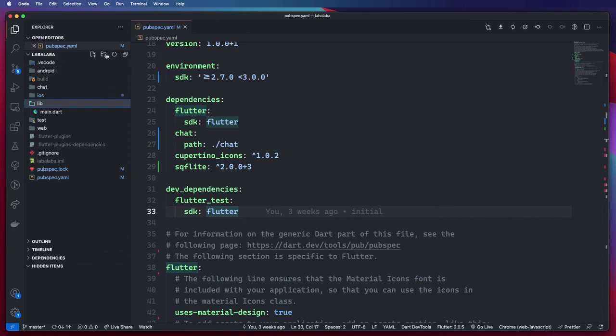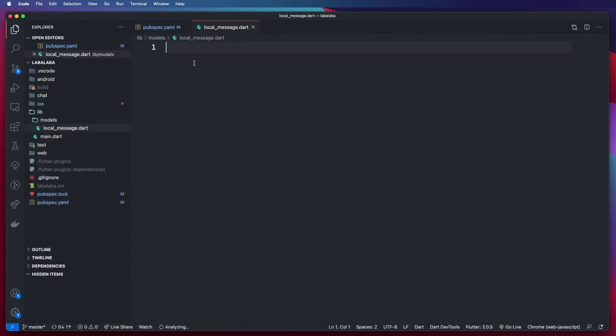I am going to create another folder, and I'm going to call this folder models. And inside my models folder, I'm going to go ahead and create a local message. And this class will represent our message that is local to